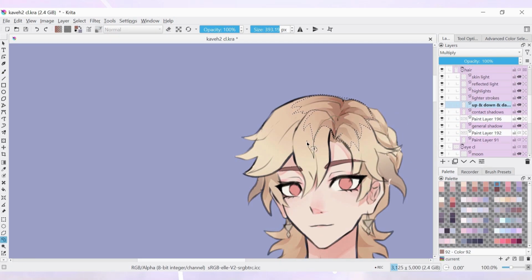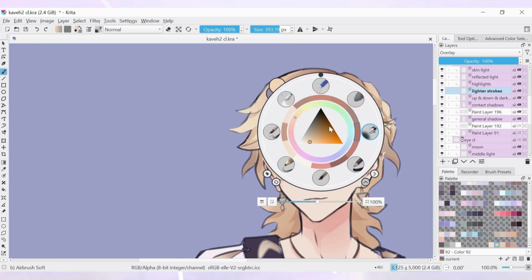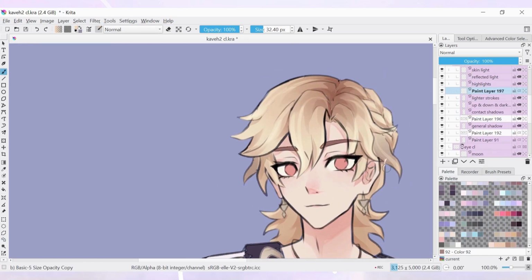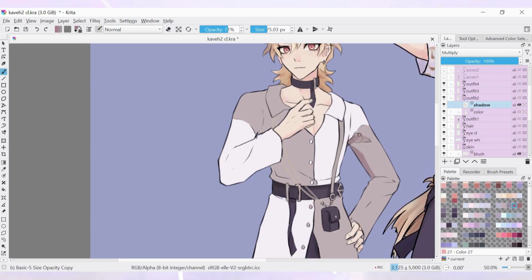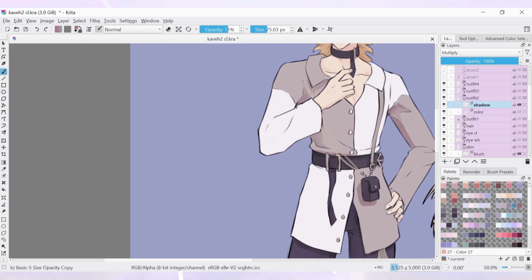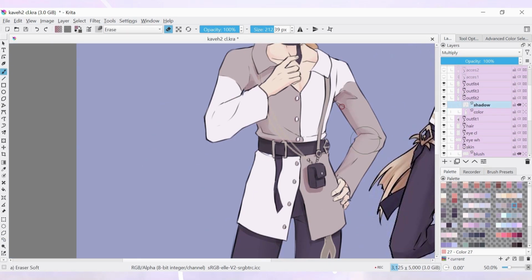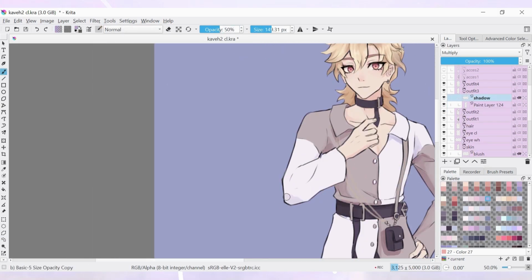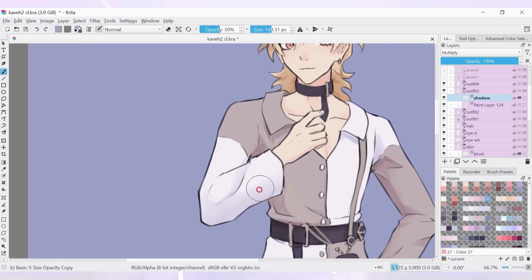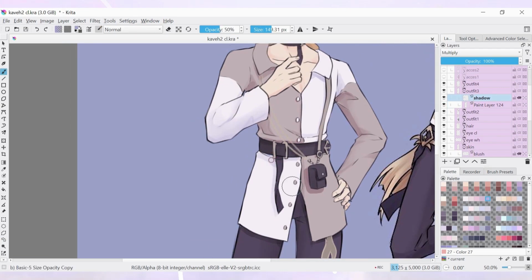He also has some golden accessories, rings, a bracelet, earrings and some around his belt. His pants also have a golden small pattern, a bit similar to Zhongli. He also wears a small bag and a choker-like accessory around his neck, to which I added another necklace as well later on. Things I adjusted for Kavi would be the back foot for the pose where he had his leg lifted up.